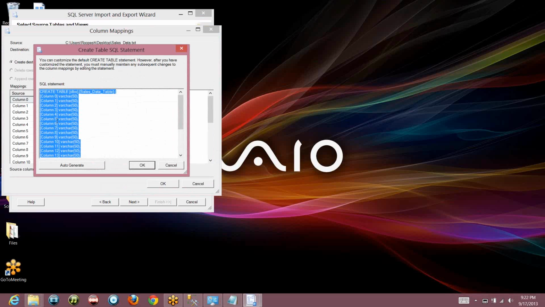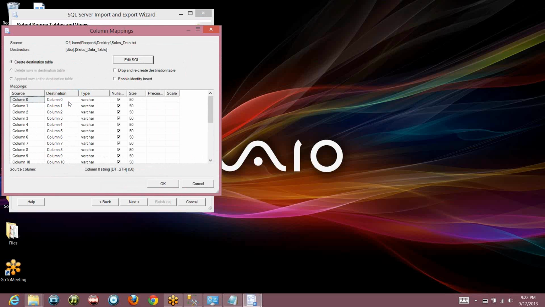Column 0, column 1, column 2, column 3, and so on. If you want to provide any proper column names, you can do that here. Destination, right? Prod key and something. For now, let me set it to 0. Yeah, you can type the proper names, or I can do one thing. Wait,